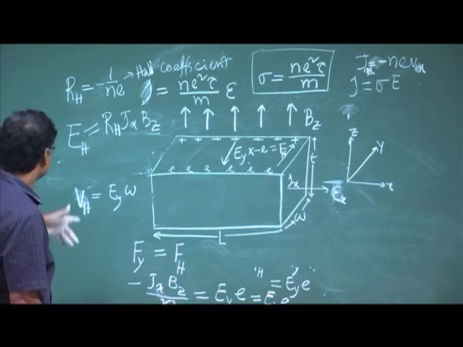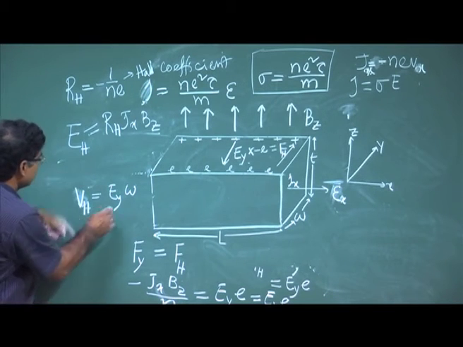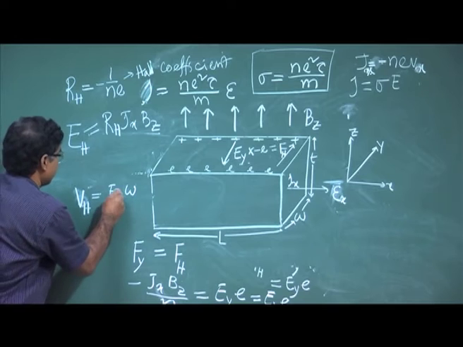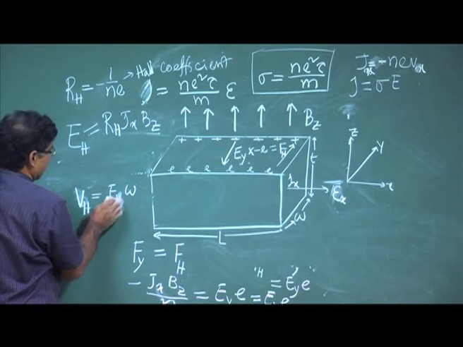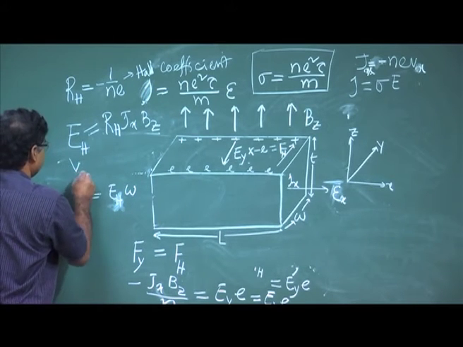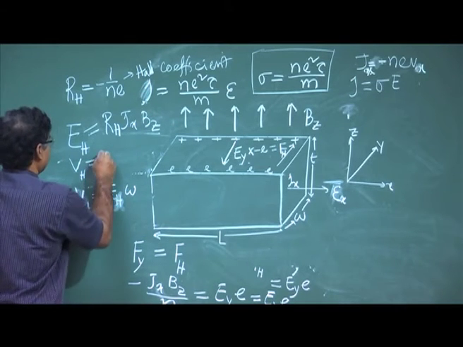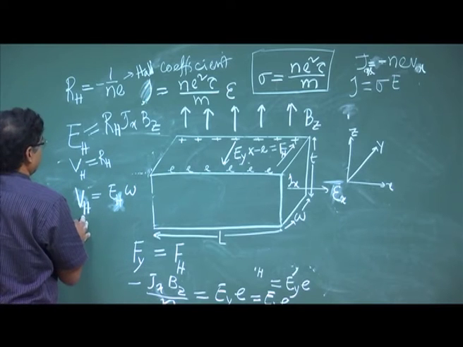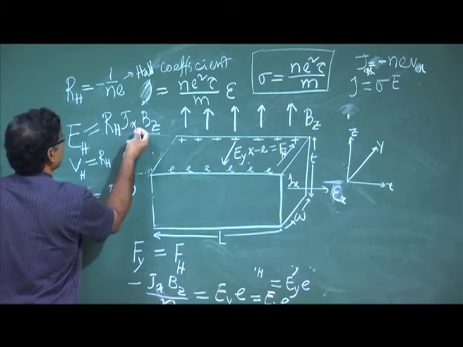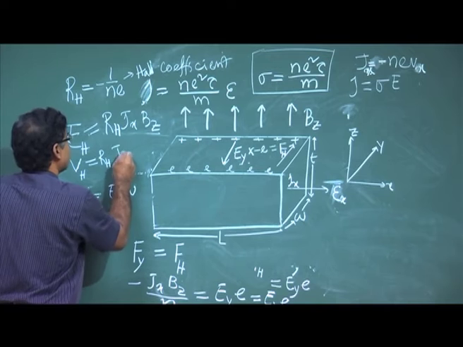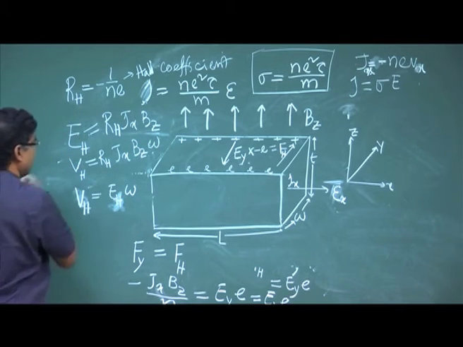Yes. So, then I can write the Hall voltage equal to, now this y is basically replaced by h, that is w, right. So, the Hall voltage V h equal to R h, and then I have to multiply it with just w. So, here J x B z w, right. So, that will be the Hall voltage.